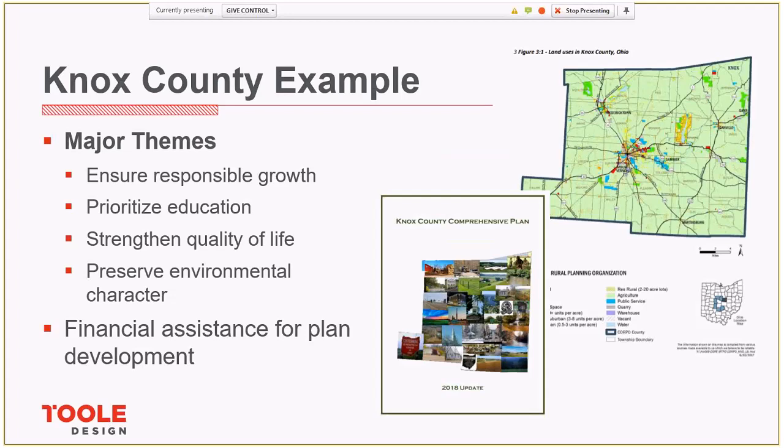I think there are two valuable lessons to learn here. The first is that if local capacity is limited to create a comprehensive plan, there's help available from a variety of resources. And secondly, the steering committee was very strategic in their use of working with consultants. They used their consultants' expertise where it was most needed, to help start the conversation and set the goals and then do some of the technical aspects that the committee couldn't handle themselves. But then they really relied on their local knowledge and ability locally to complete some of the plan writing and other elements of the plan.